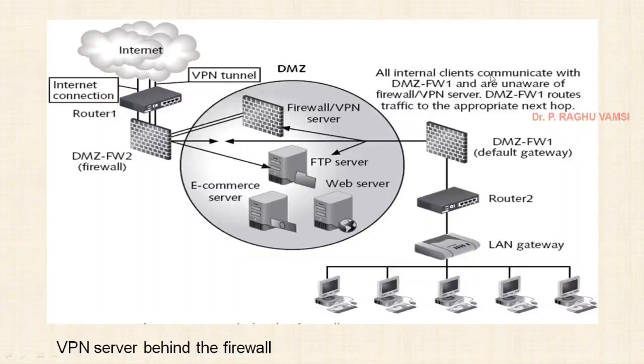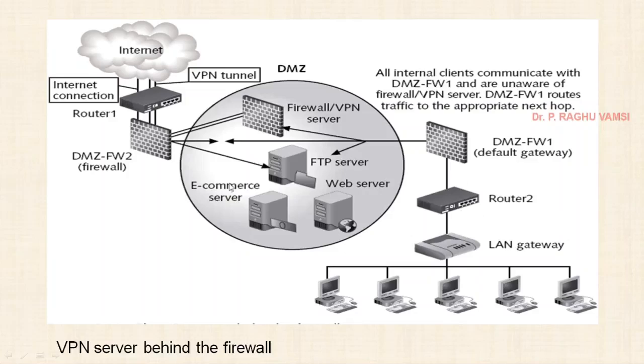All internal clients communicate with the DMZ firewall 1 and are unaware of the firewall VPN server. And this is the default gateway, which is at the firewall level. And here is another firewall, and this is a VPN router, and here is also a VPN router. So you are placing this before the